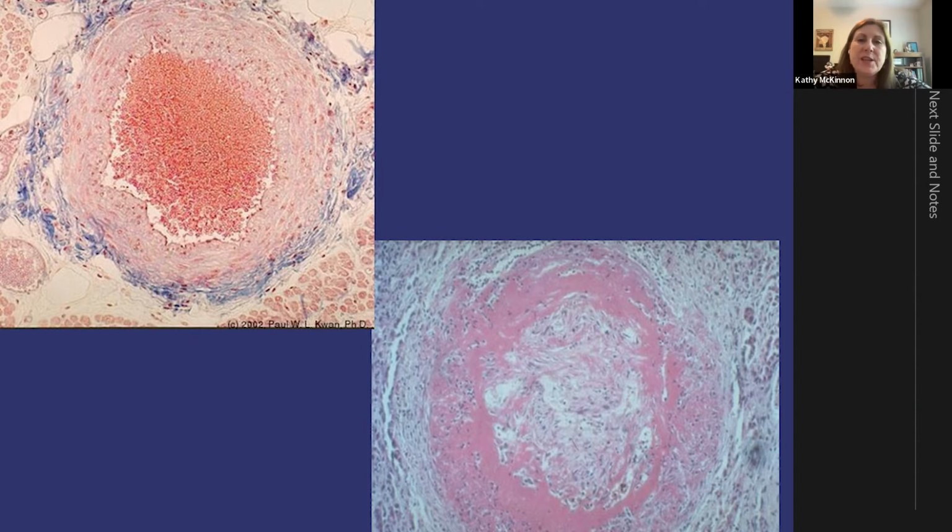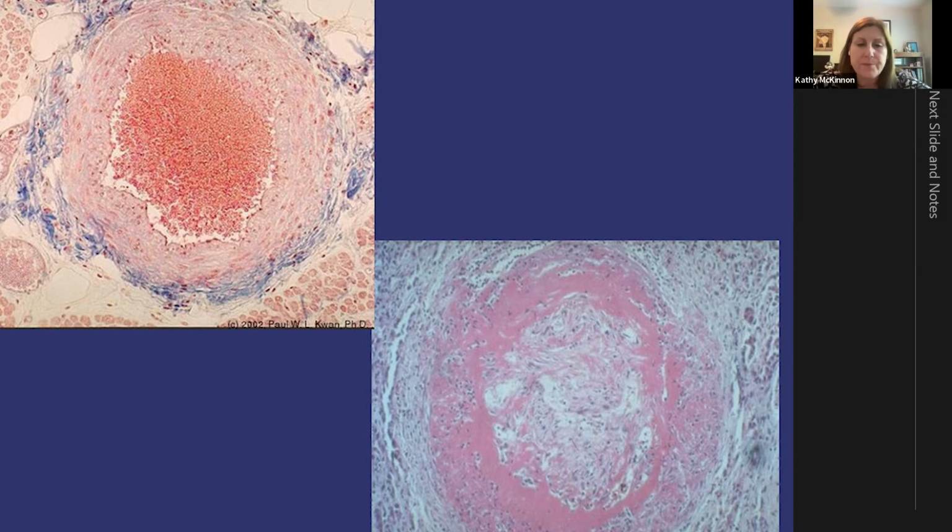These two pictures are representations of an artery that's cut cross-sectionally. Looking at the picture in the upper left, you see this ring of muscular layer, and in the middle of it, you see all these tiny red dots that are blood cells. Those are circulating through your body to do their job, getting blood and nutrients where they need to go. On the bottom right, this shows an artery that has been affected by PAN, and that nice ring is not so nice anymore. It's kind of broken, and instead of those nice blood cells in the middle, you see all this tissue and inflammatory cells, which is obstructing blood and nutrients from getting to the areas of your body that they should be in.